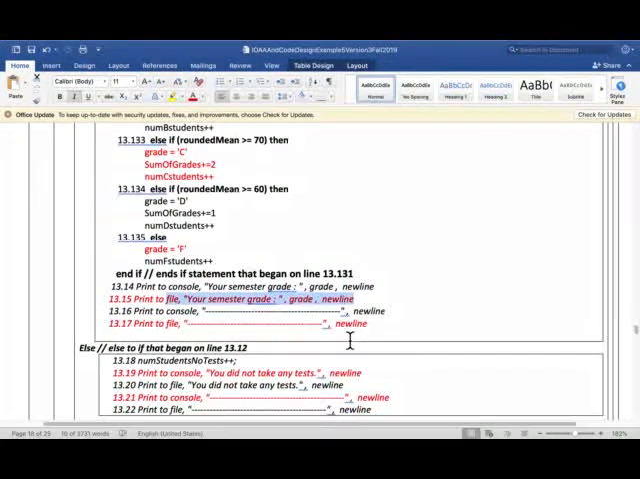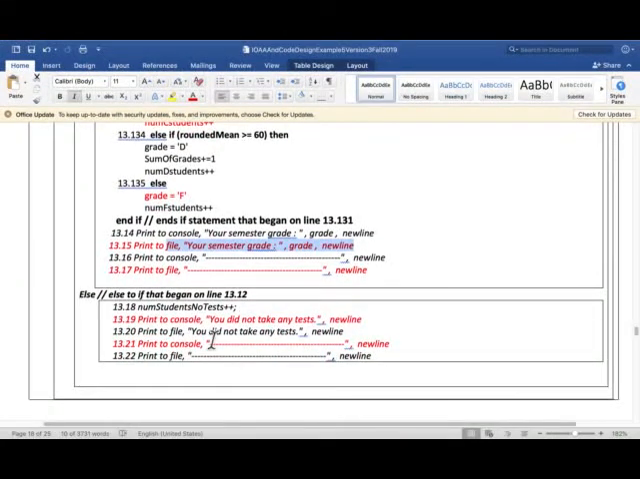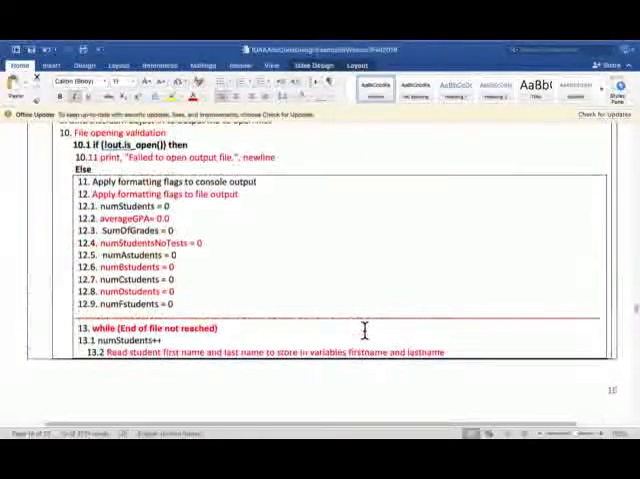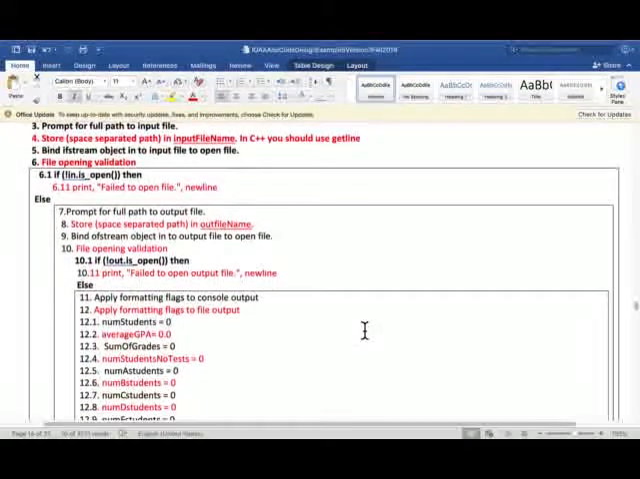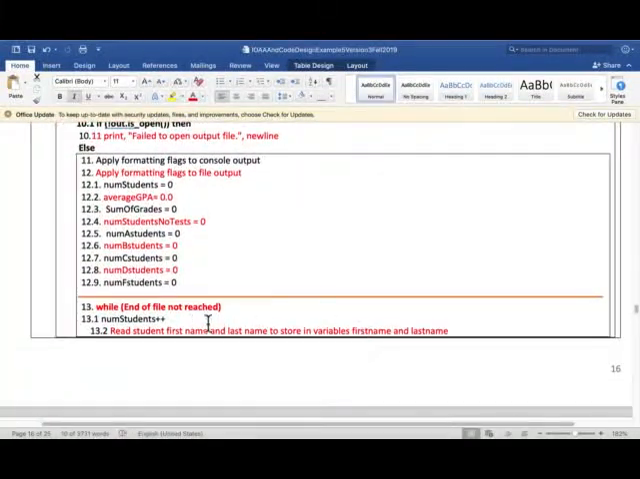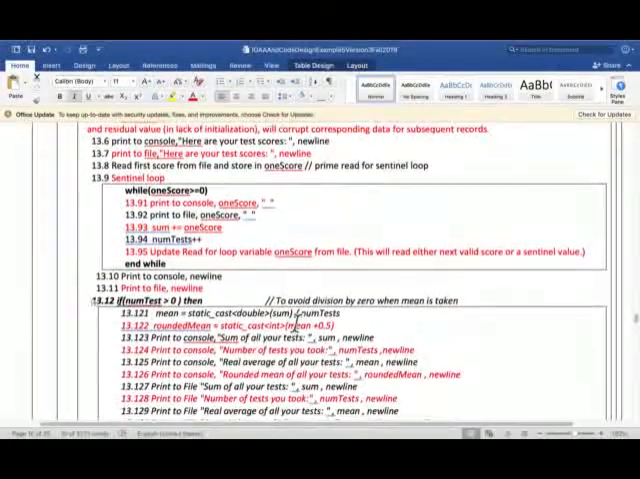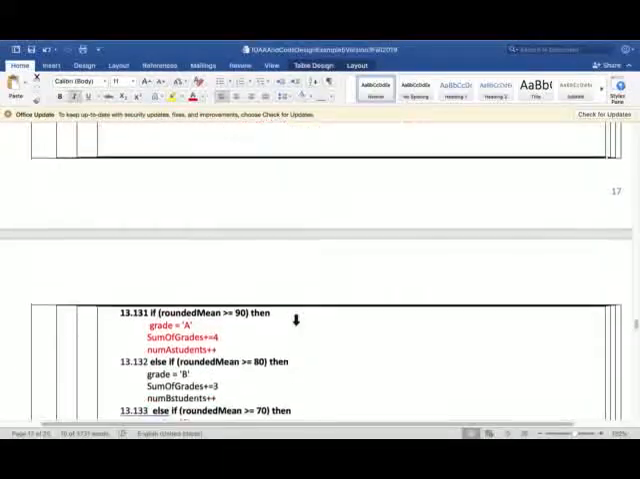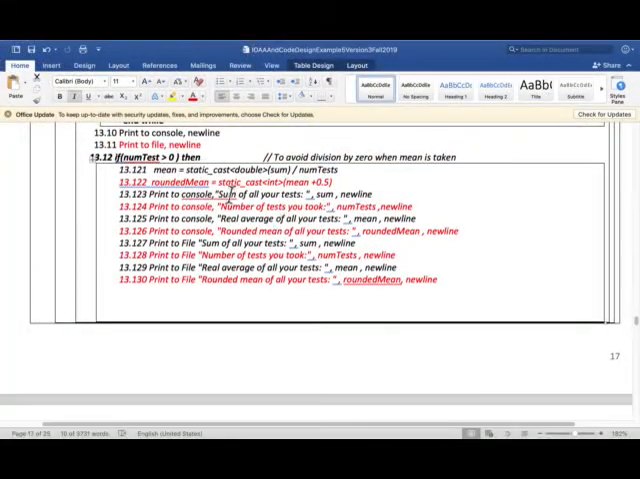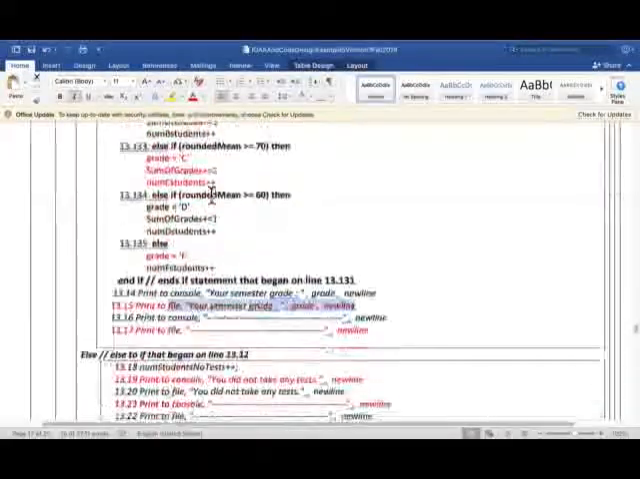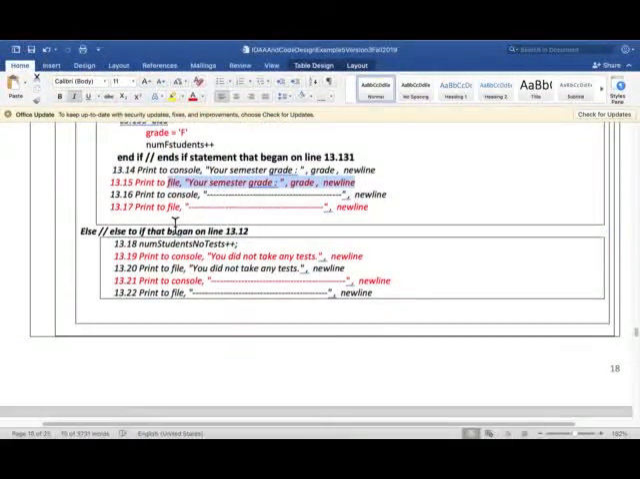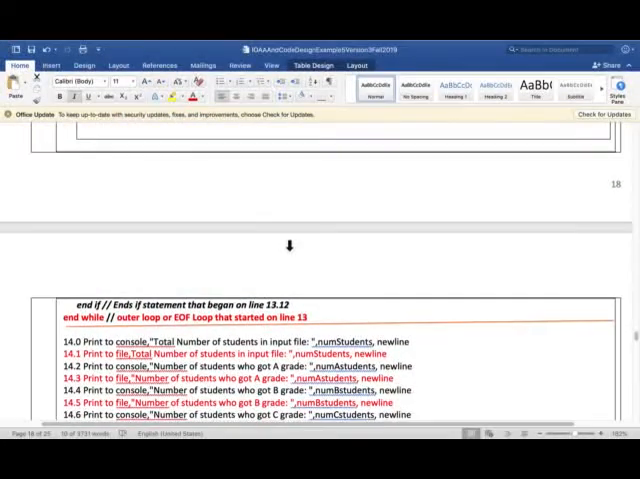And then, as I said before, that'll be like you didn't take any test. And I do believe I did num students plus plus as soon as I entered the UF loop right here, this will be printed outside the UF loop. But by the time I have done grade determination, which started at 13.12, and the else block to that, where I said you didn't take any test, then I'm done and I end the outer while loop here,